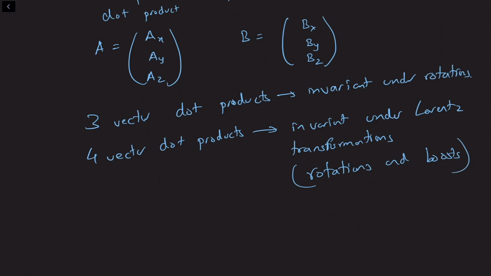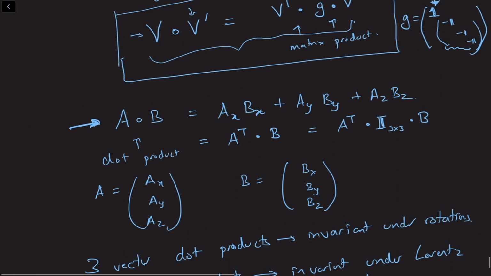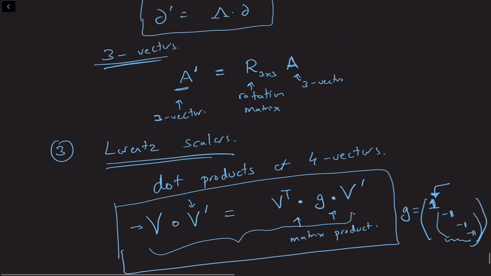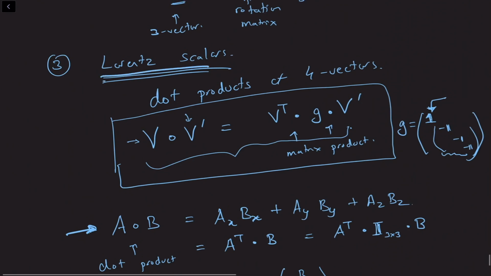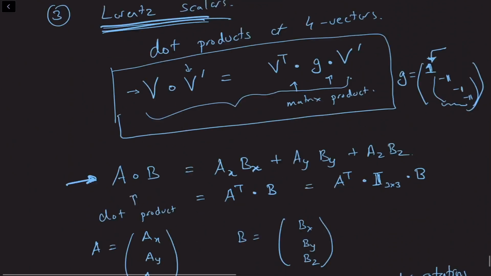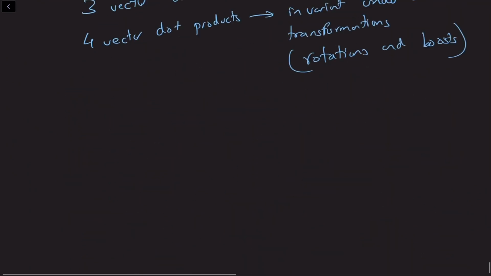So in the next class, what we'll do is we'll see that there are more general objects which transform again in very simple ways, but have different transformation rules than that of 4 vectors and these Lorentz scalars, okay, which do not transform. So these generalized objects are called tensors,